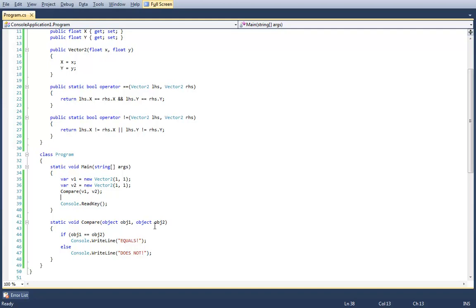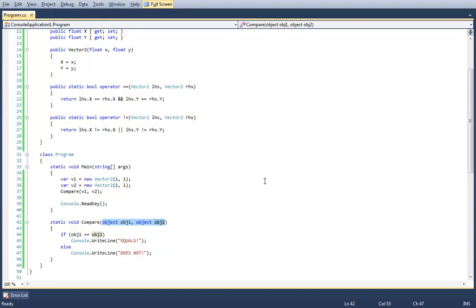The reason is what we're talking about earlier with operator overloading. There's no way for us to determine, or for the C# compiler to determine which method to invoke, given that both these parameters are objects. It's impossible.